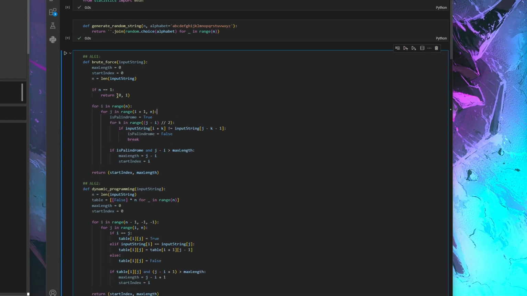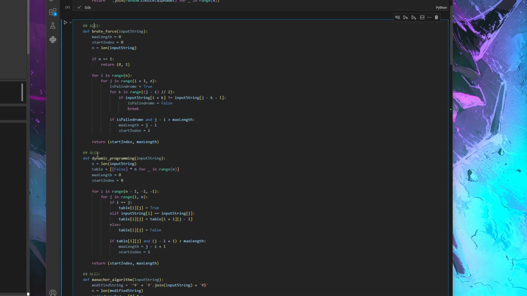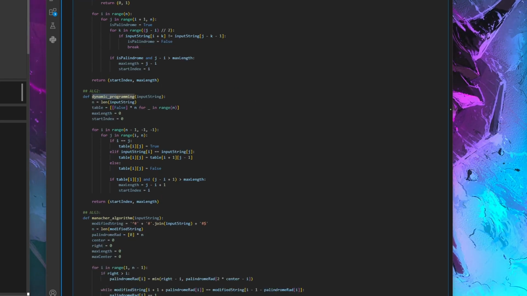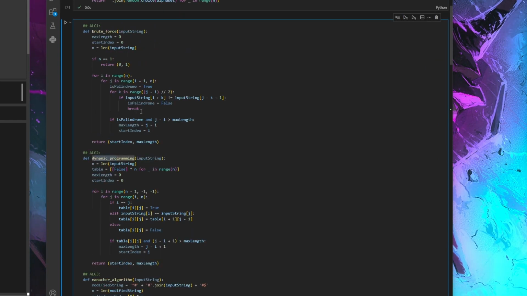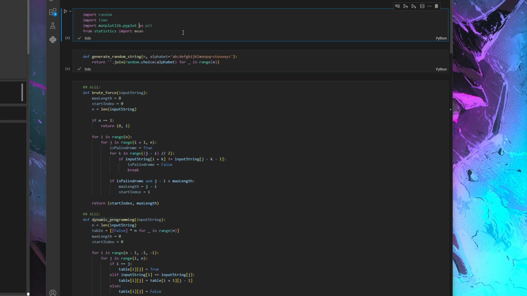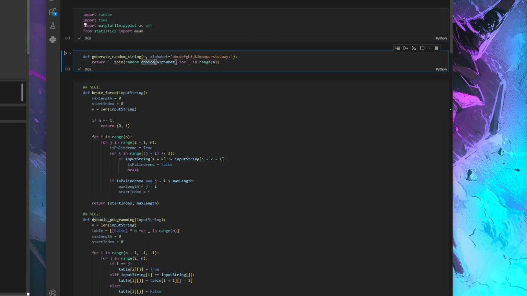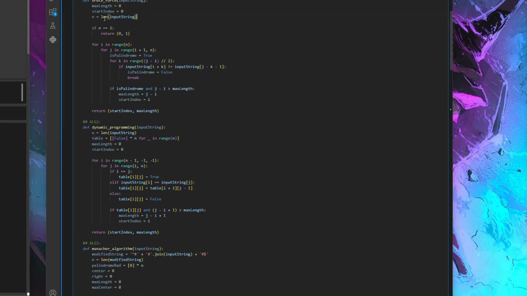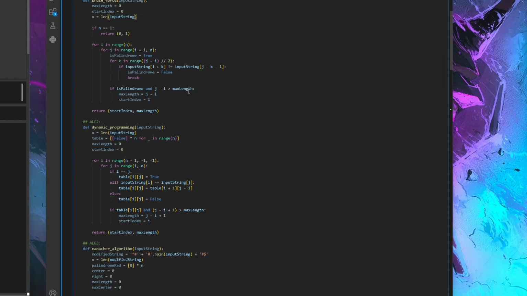The three algorithms we chose: algorithm 1 is brute force, algorithm 2 is dynamic programming, algorithm 3 is Manacher's algorithm. So first we import our libraries. We generate our random string with this method. We define each of our algorithms,